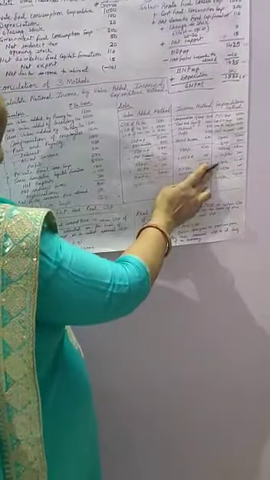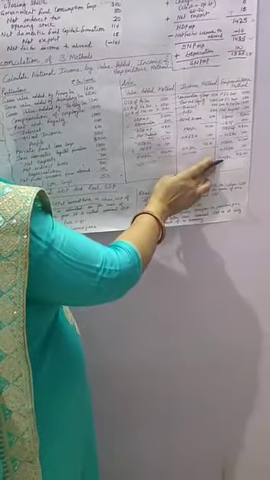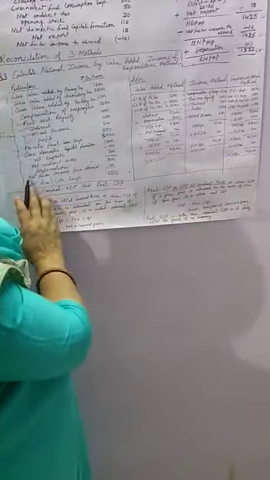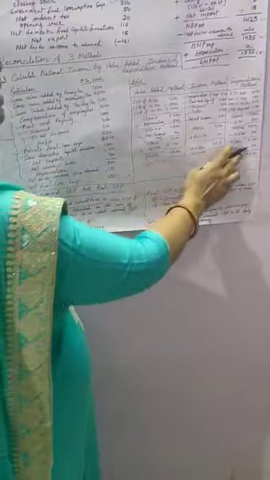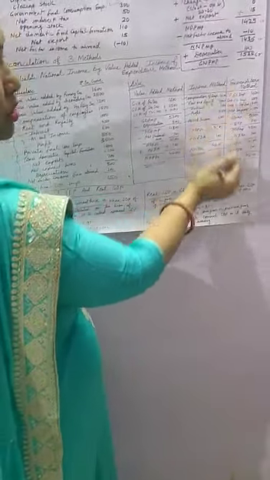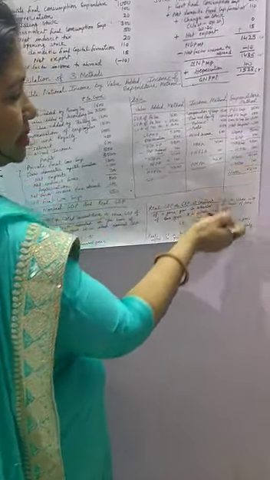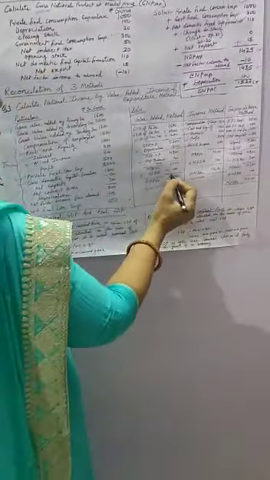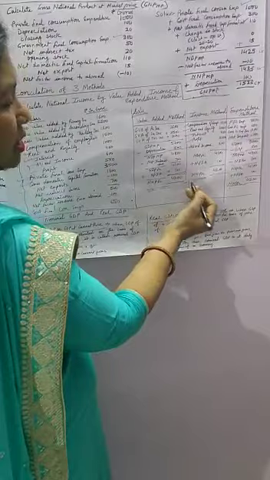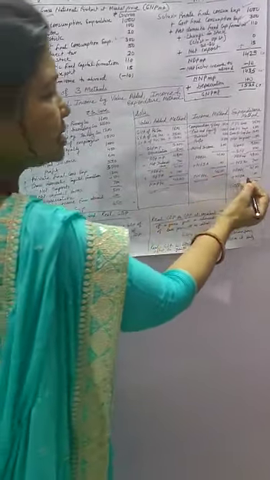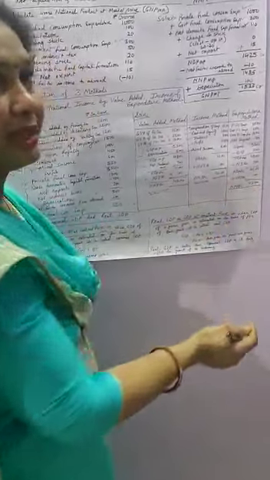Then it is domestic income, and again you have to make it national income by the expenditure method also. So again you have to include the net factor income from abroad, 100 crores, in this method also. So you get 4200, and this is national income by the expenditure method. Now you can understand that from the value added method you got 4200 national income, in the income method also you got 4200 national income, and in the expenditure method also you got 4200 national income.